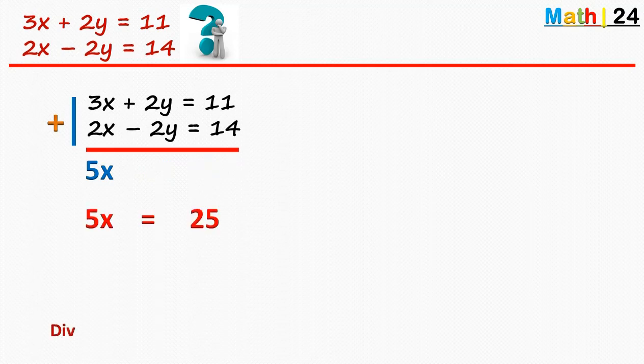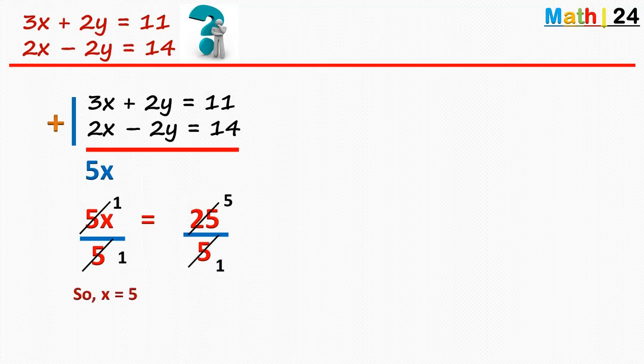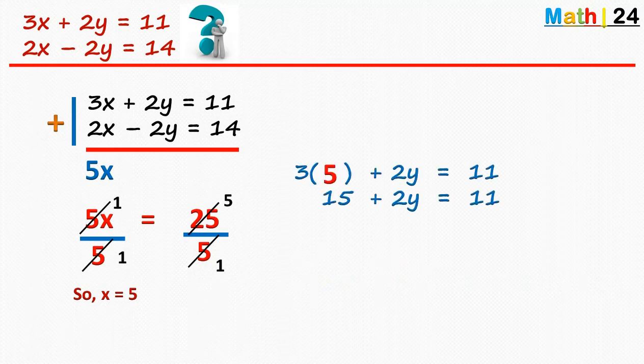Now, dividing both sides by 5 gives 5x divided by 5 gives us x, and 25 divided by 5 gives us 5. So x equals 5. We now substitute x equals 5 in one of the equations. Using equation 1, we obtain 3 times the value of x, which is now 5, plus 2y is equal to